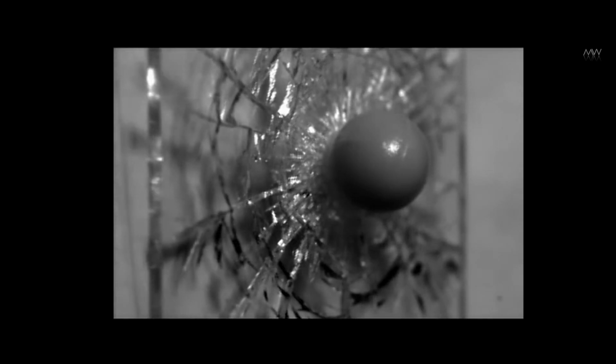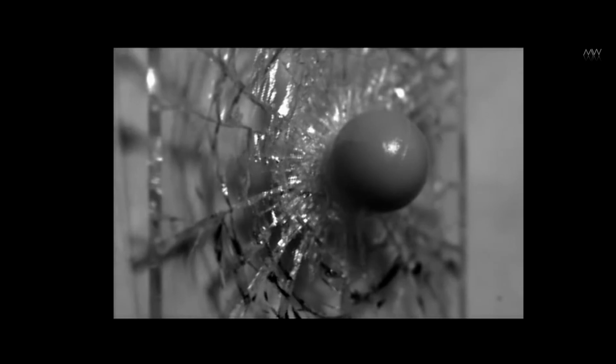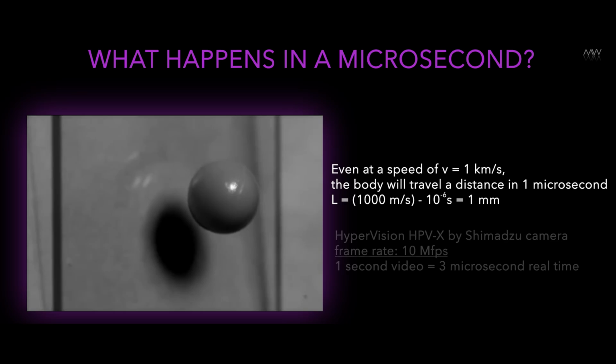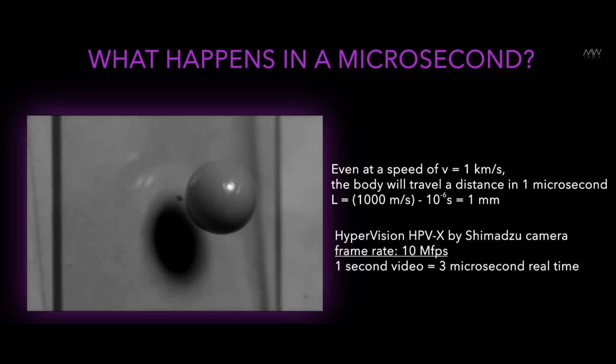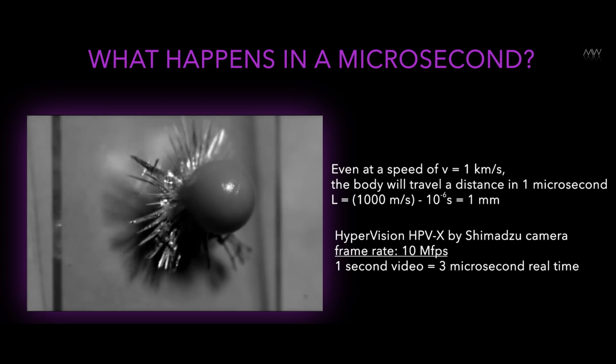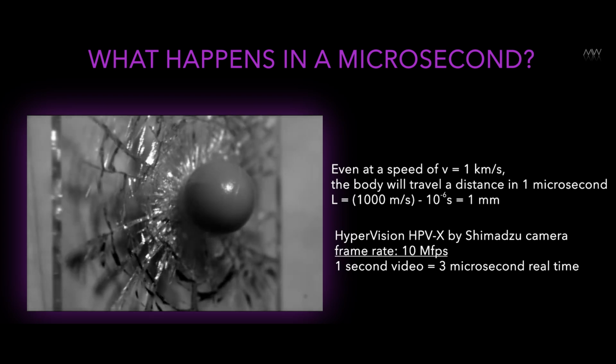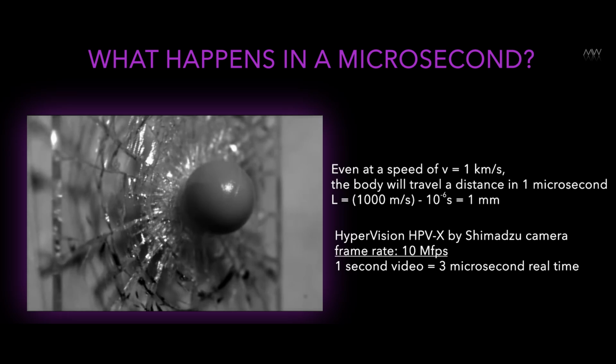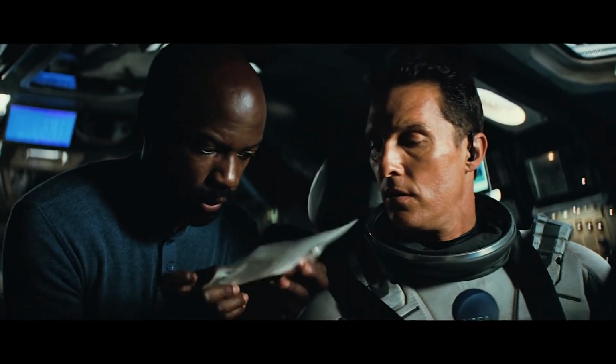Here, for example, is a video shown here. Maybe you don't notice, but it has already started to move. The ball that's flying at high speed is about to hit the glass. Here it's hitting the glass, here it's cracking, so you can actually see something on microseconds. The cracks are scattered on microseconds. Because this cracking of the glass, when a ball hits it like this, is already going at a speed of kilometers per second. This is a real video taken by a camera at 10 million frames per second. That's why it shows you for every second of this video about 3 microseconds of real time, so you have an idea of what's happening in microseconds. Basically, something is moving.